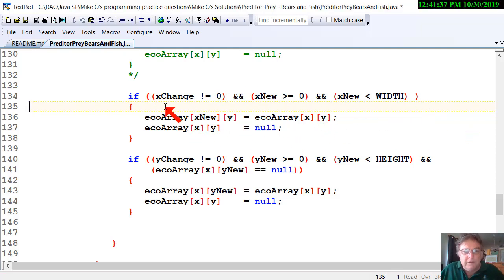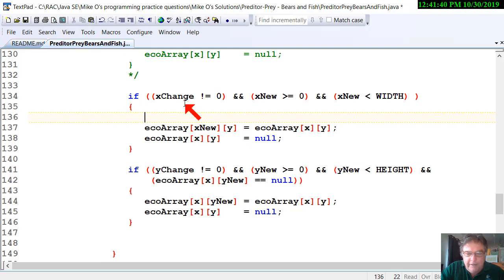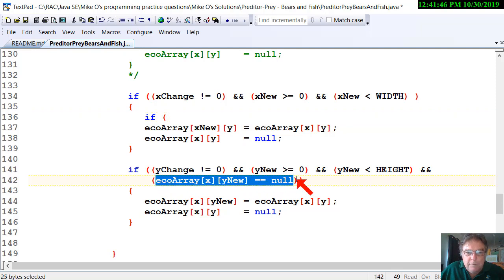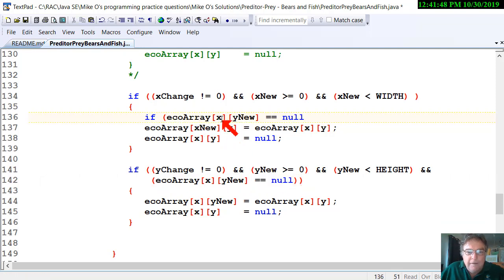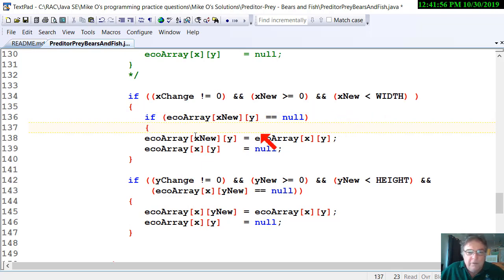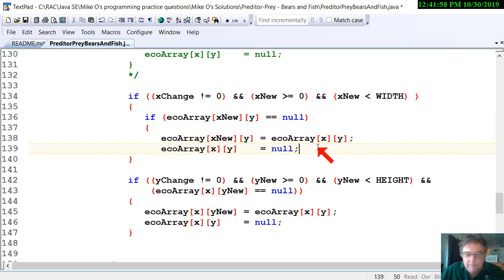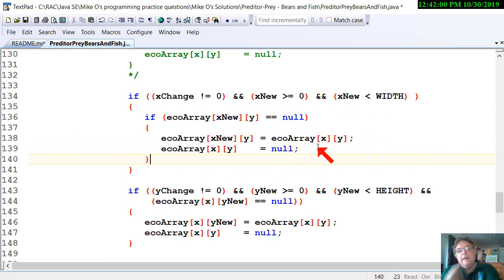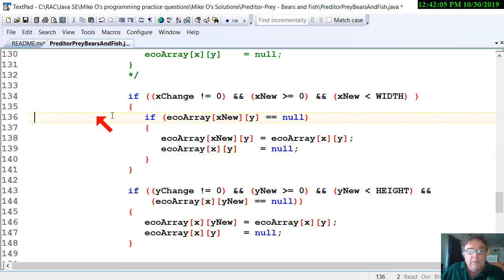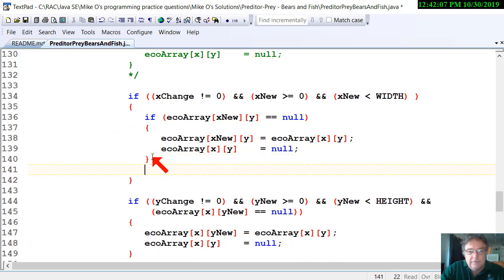And what we want to do is add an if statement inside here. If x new y is equal to null, then we'll do the move. Okay, and then otherwise, what if they're the same sort of creature? Otherwise, else,